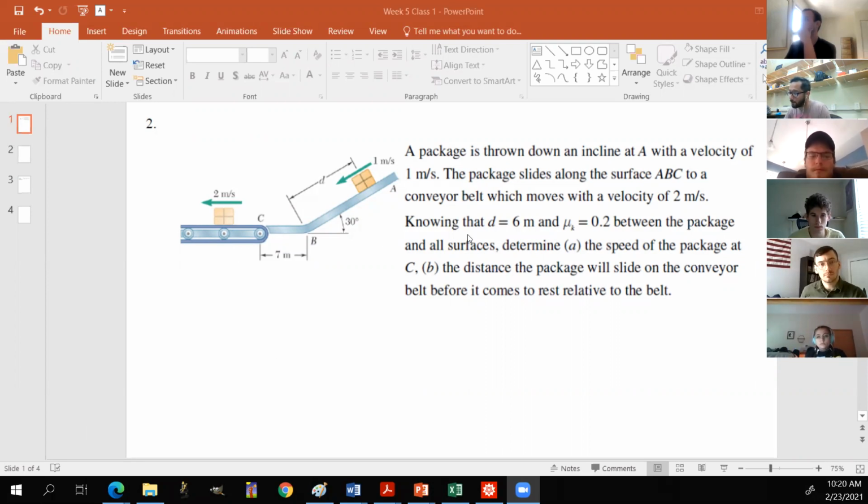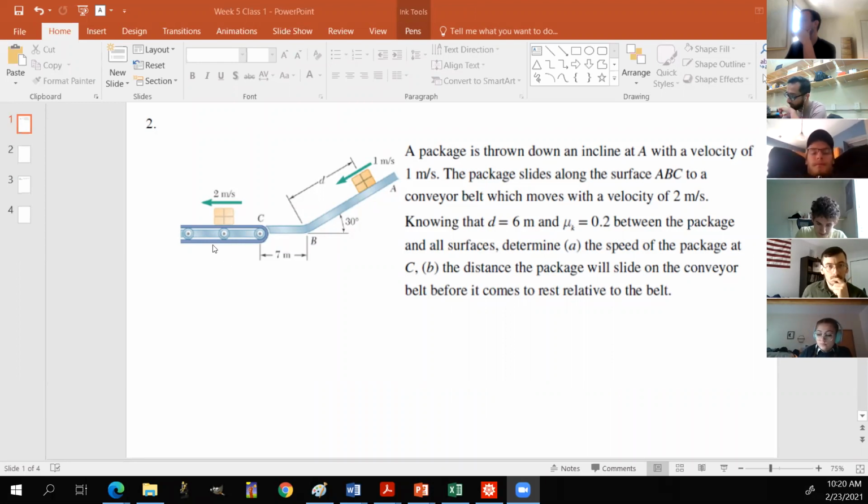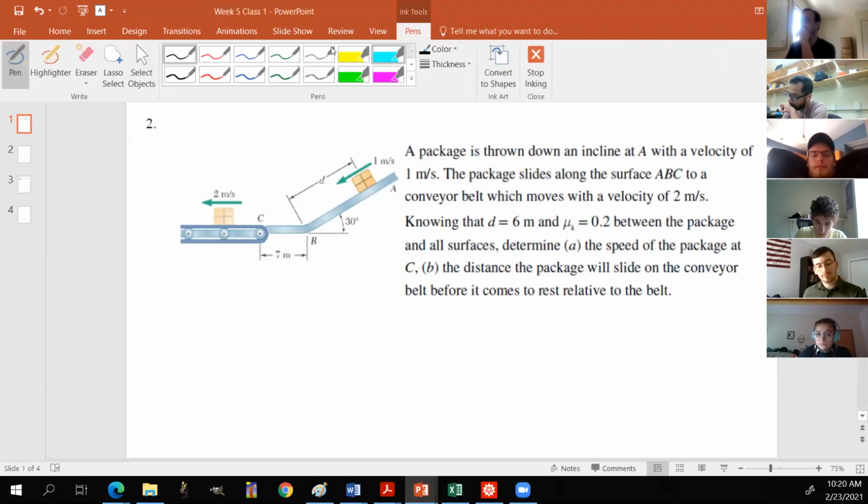All right. The first problem that we're seeing is that you have this package that is thrown down this incline with a velocity of 1 meter per second along this incline, right? And it slides along the surface ABC to a conveyor belt, which is moving at a velocity of 2 meters per second, right? And you're told that this distance d down the slope is equal to 6 meters,